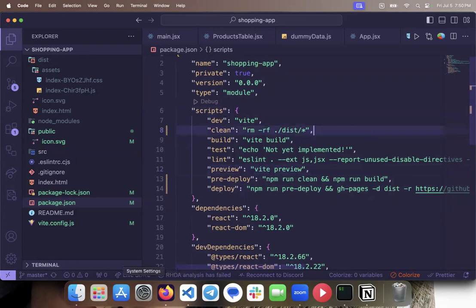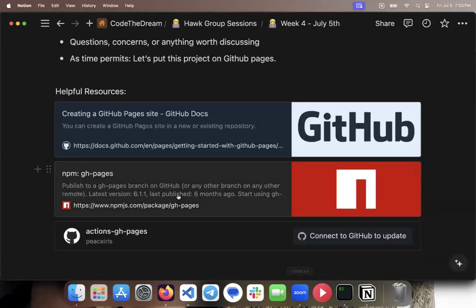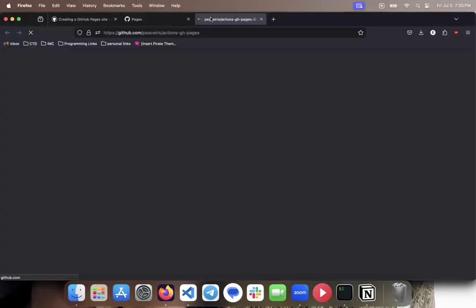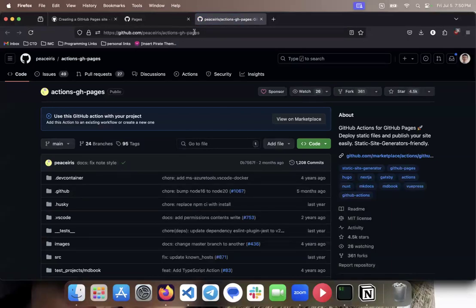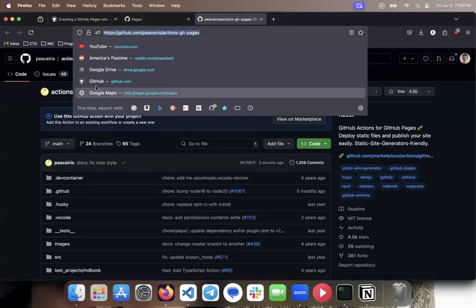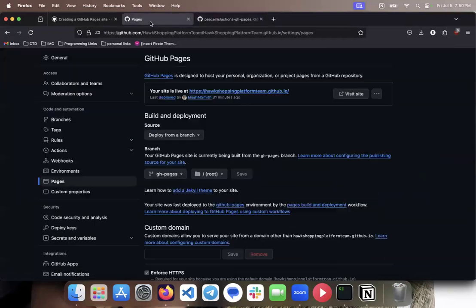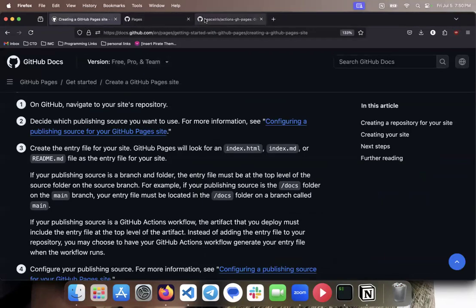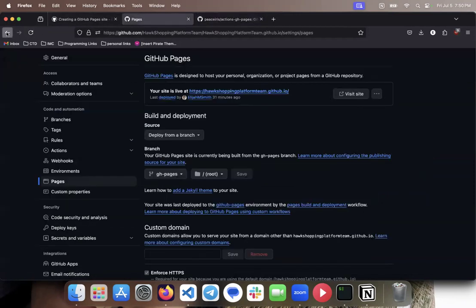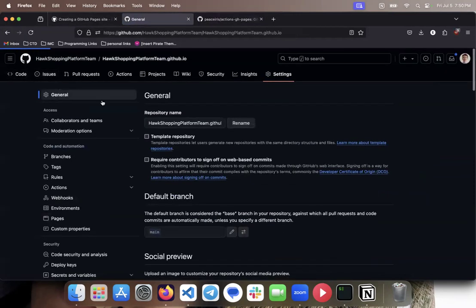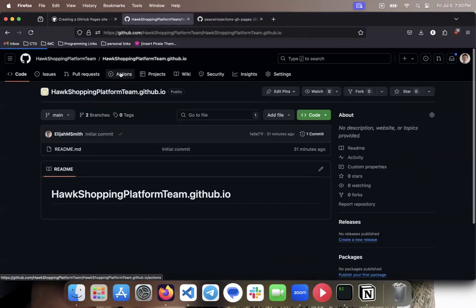So let's do this. The last link that I sent you, I don't know if we're going to have time to do a whole lot of this, but we can at least start looking at it, is this GitHub Pages action. So GitHub and lots of other platforms support CI and CD. GitHub does it through what they call workflows. So if I go into my code and then go up here into actions,